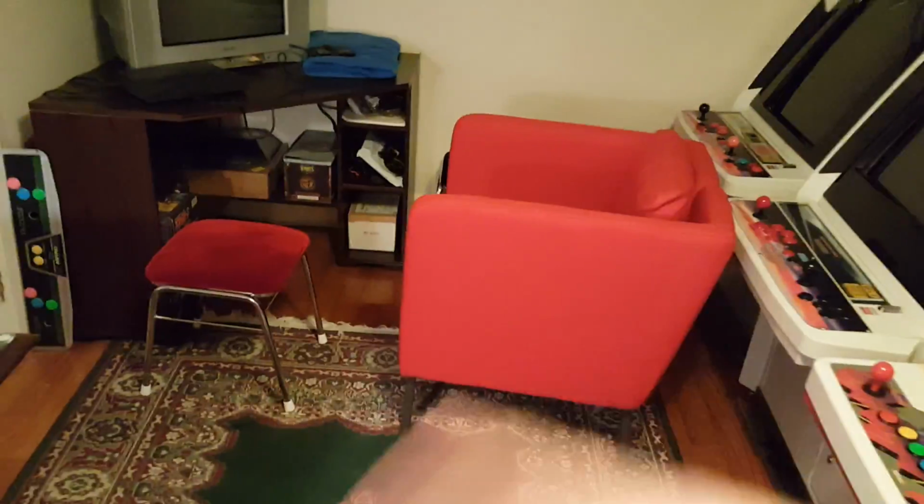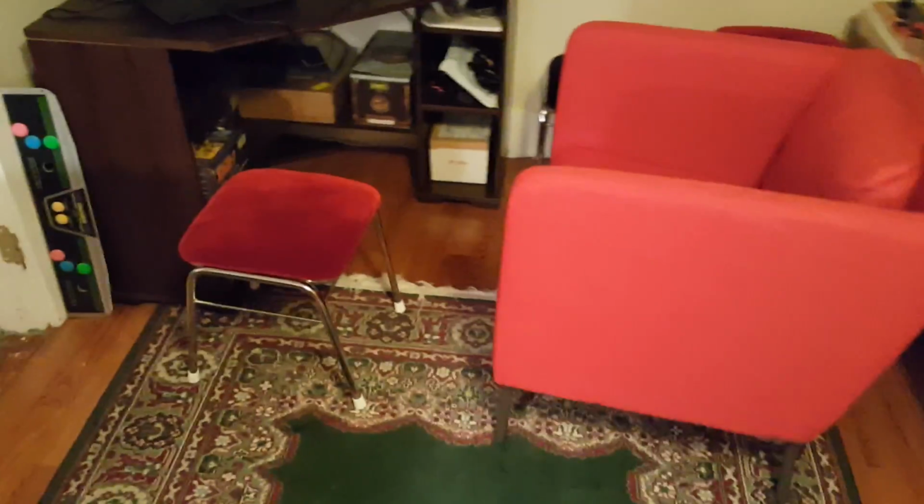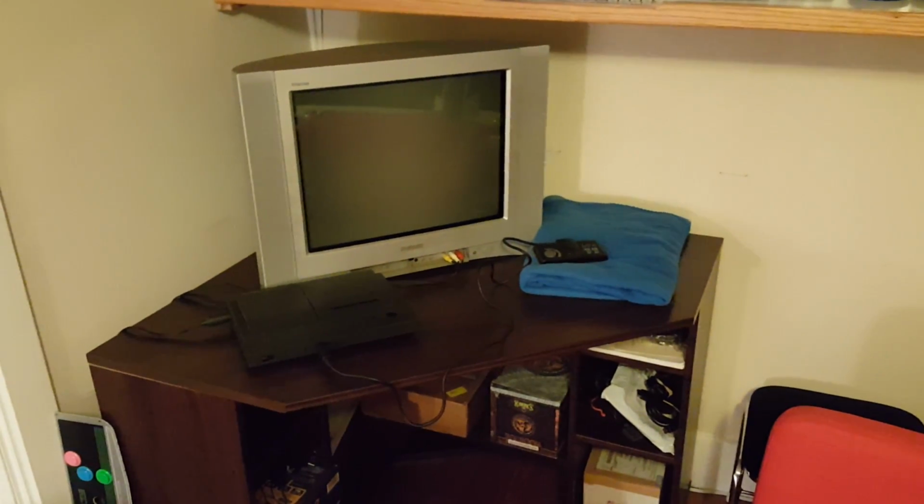I move this chair back and forth, so when people are coming in and playing the arcade machines, I take this chair and I put it in my bedroom. And then I've got stools, kind of all stacked up here. I use it as a footrest for when I'm playing console games. So at the moment, I've been playing a lot of